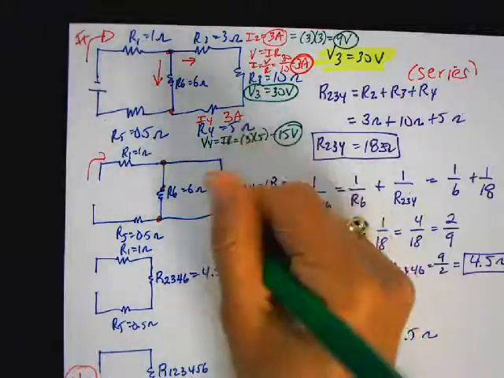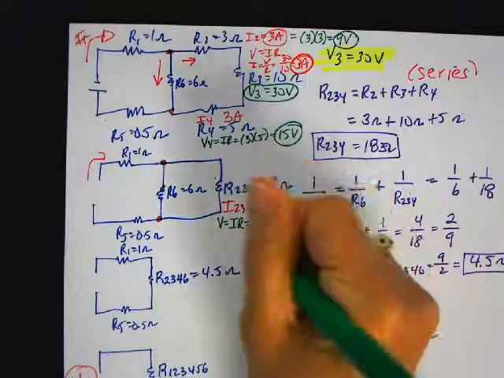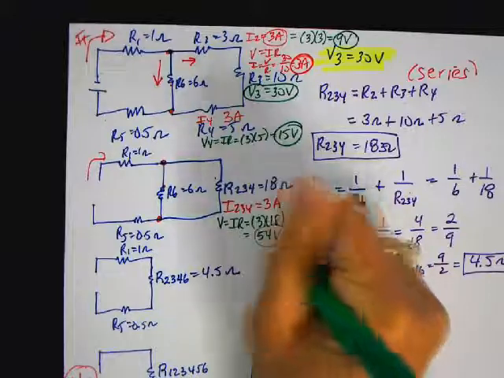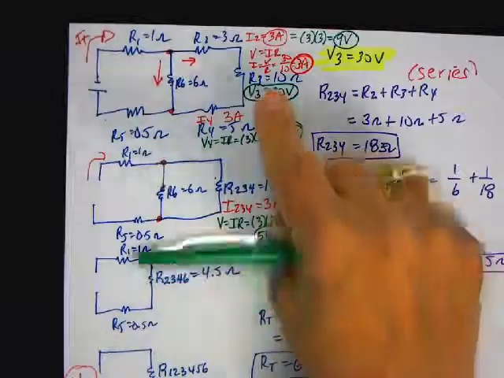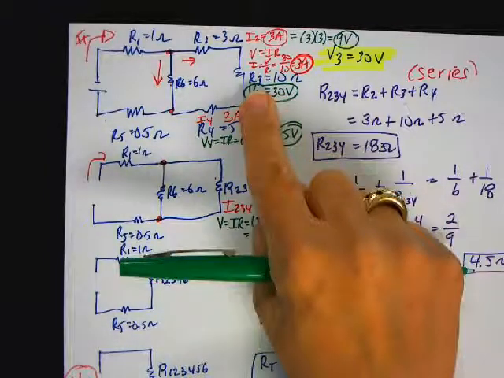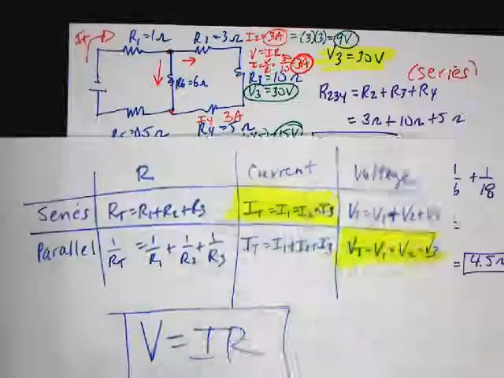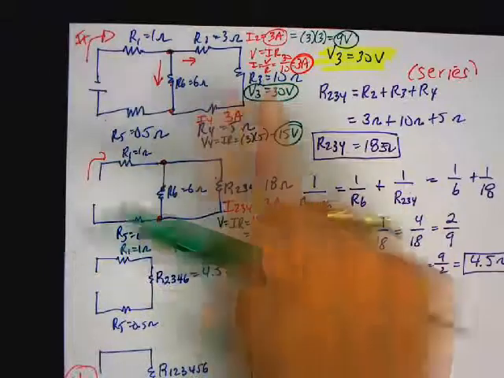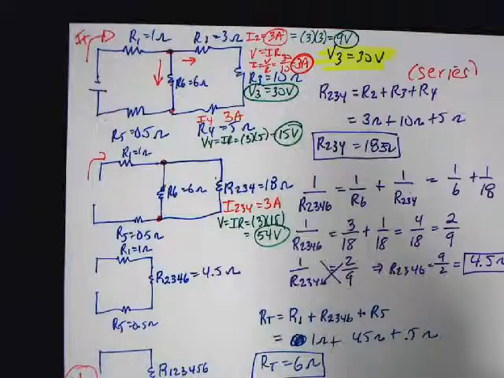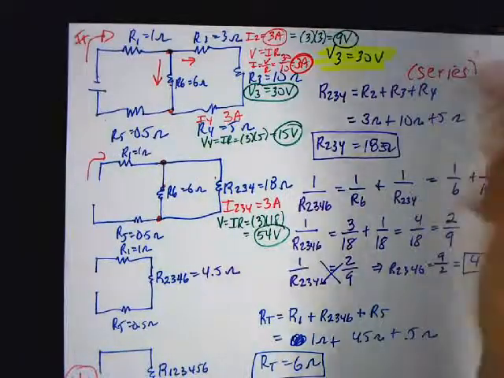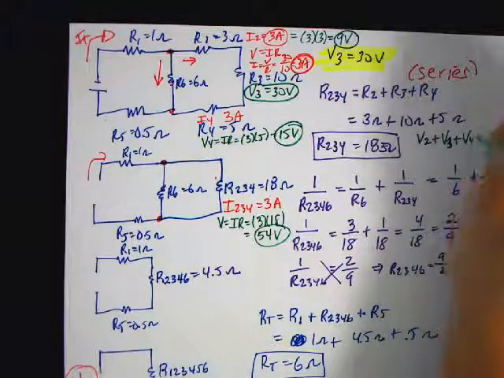So if I did here V is equal to IR, I get 3 times 18, which is 54 volts. But let's say I didn't remember that, or I want to check it. Let's go back here. In series, what's the relationship between the voltages? They add up. So if I want to check my work from up here, I'm going to add V2, V3, and V4. So if I say V2 plus V3 plus V4, that should come out to be